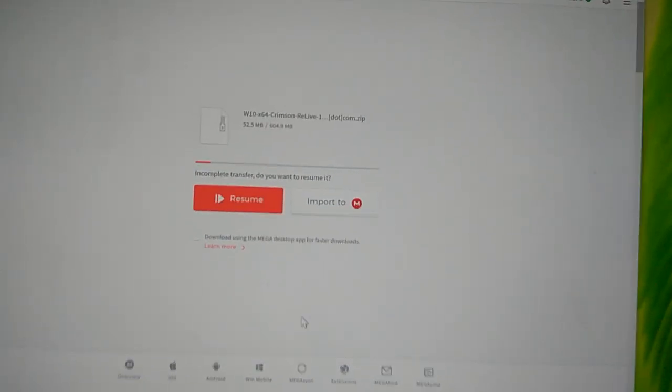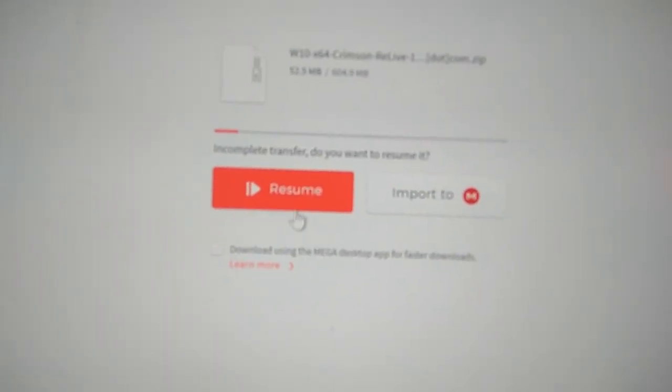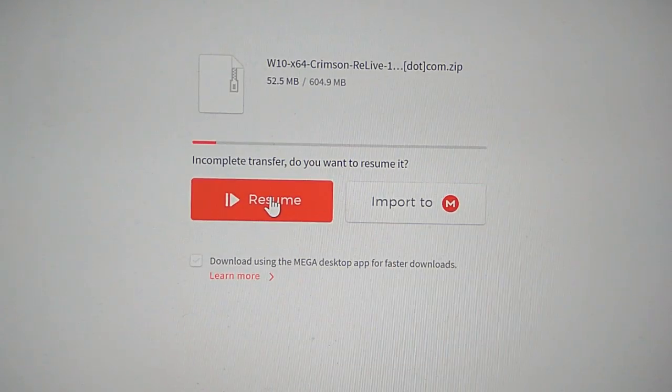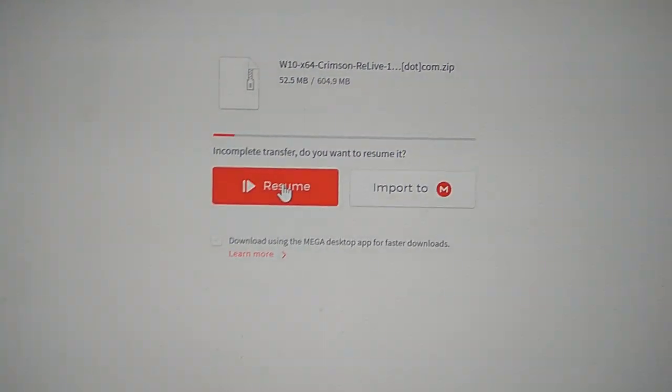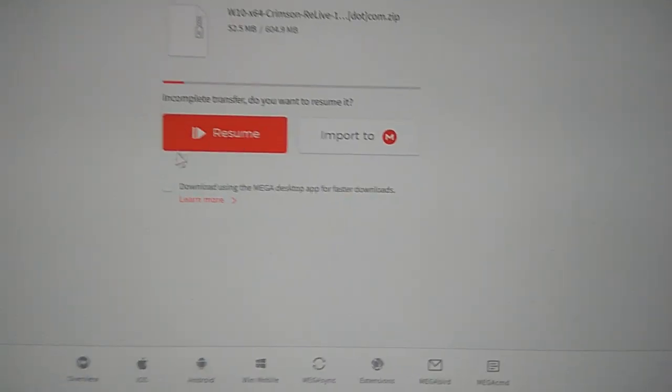That will load up this mega.nz website. This is the file host that I use. This big red button here will actually say download. You can see I've already started to download this file. So you just click that and it will start to download the file into your browser. Once you've done that,